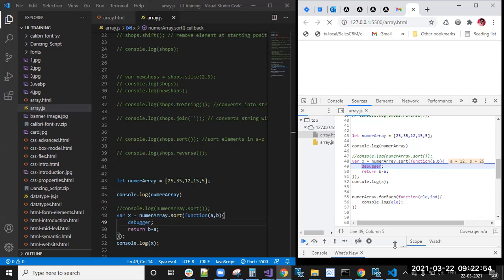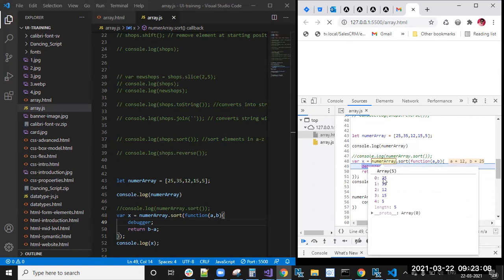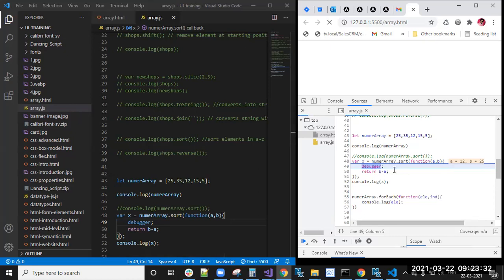Okay, you can keep the debugger. You can see here, guys, each and every element it will check based on A minus B or B minus A. It will print on the console, or it will sort the elements. First, simple: 25, 35, which is bigger? 35. So 35 it will add at the end. It will have the memory location, right? 35, 25 is done. Then 35, 12, it will check which one is bigger: 35. Still 35 is in the starting position because here it is B minus A, right? B minus A means the bigger value comes first. First the bigger value I'm doing.